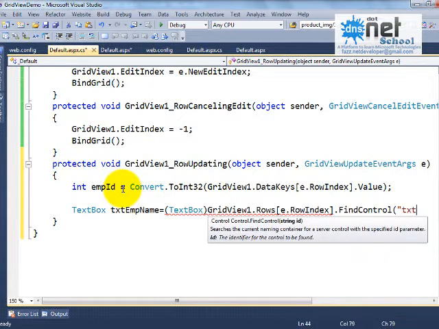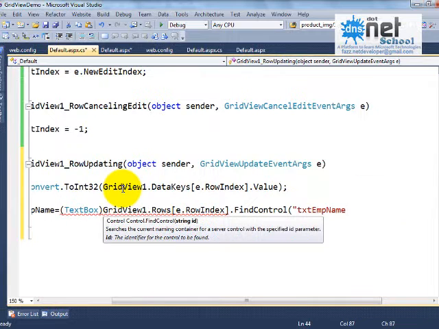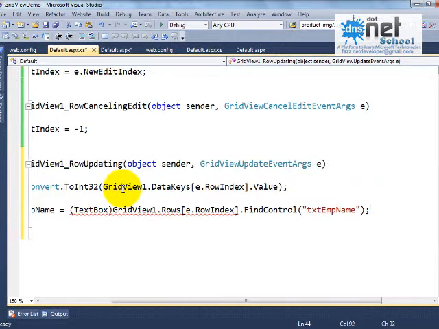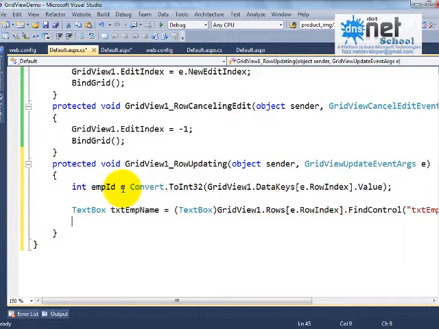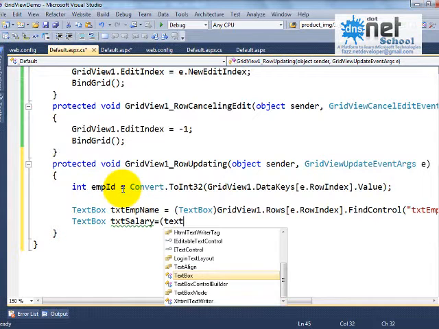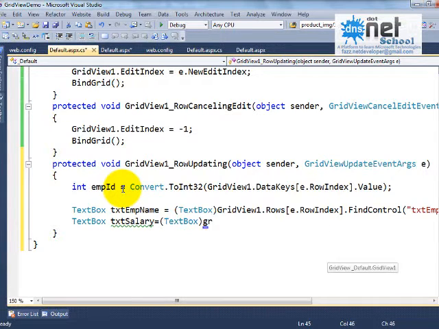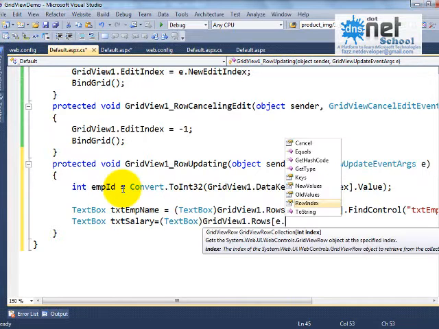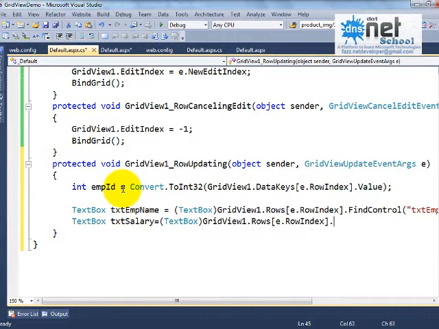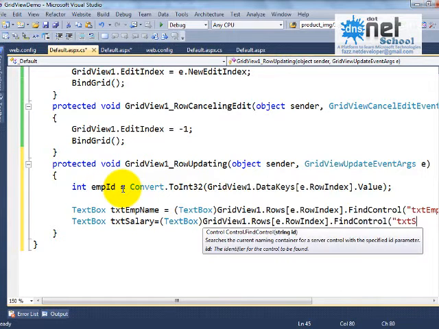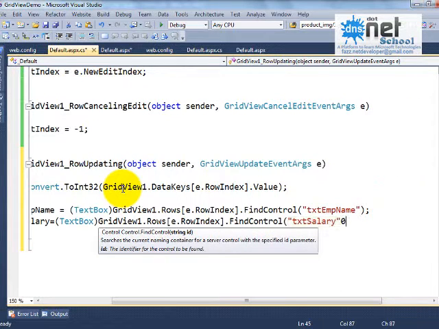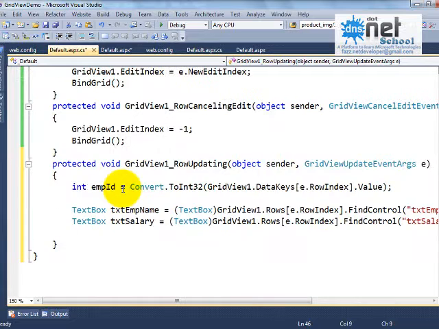What is the control name? txtEmpName. Same. Next, TextBox reference object txtSalary is equals to typecast to TextBox, GridView1.Rows of e.RowIndex dot FindControl txtSalary.